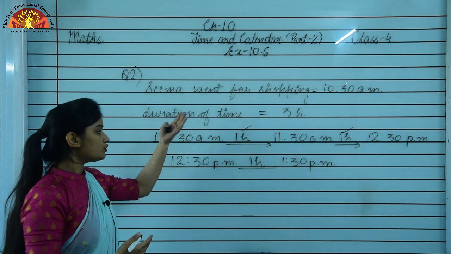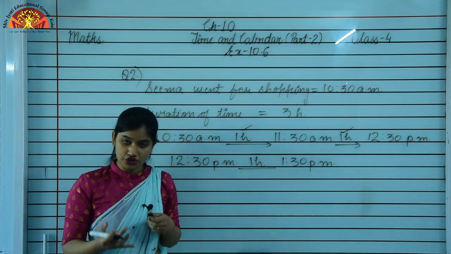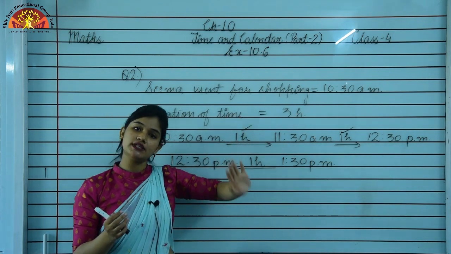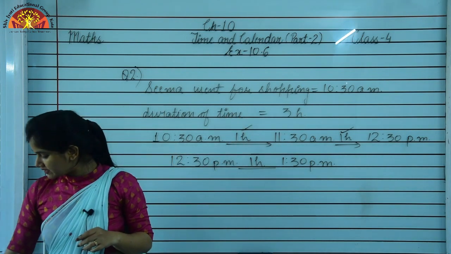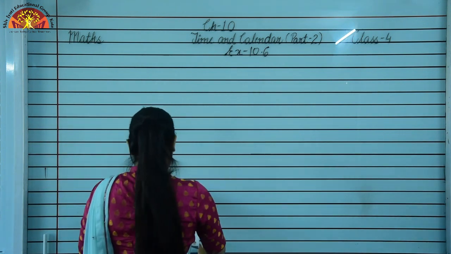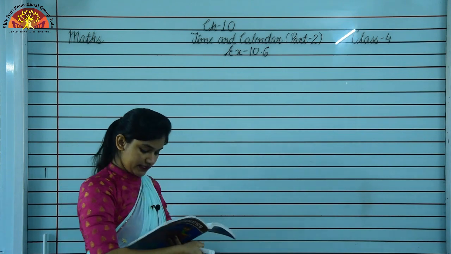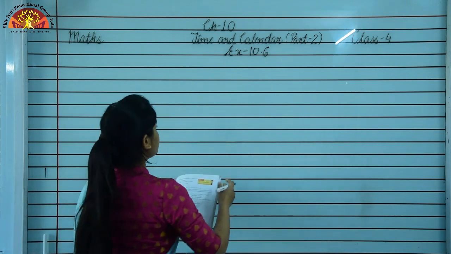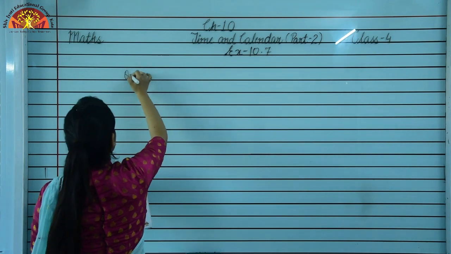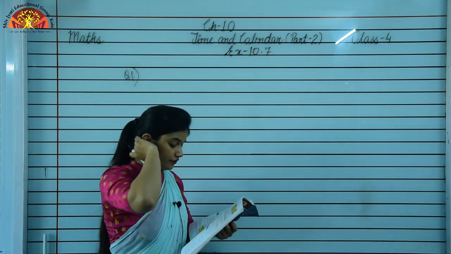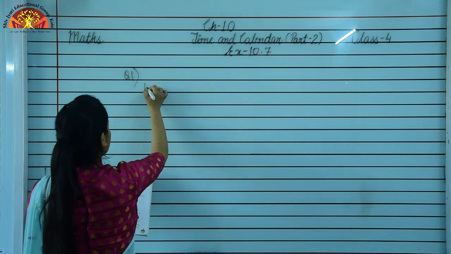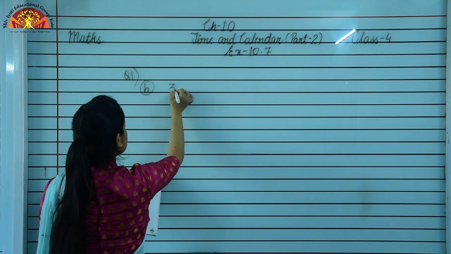Okay, students? So in this way you can find the duration of time also, and you can add the time and you can subtract the time. Okay, so now we will start the next exercise, that is exercise 10.7. In this exercise we will convert the days to hours. Question number 1 is convert the days to hours, and I am going to explain the B part of this question, that is